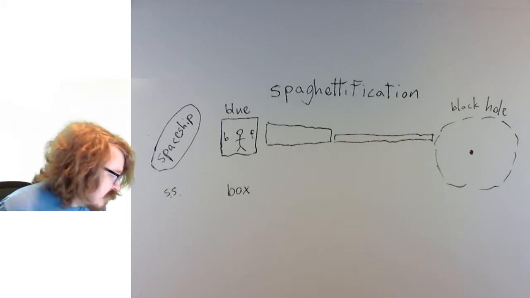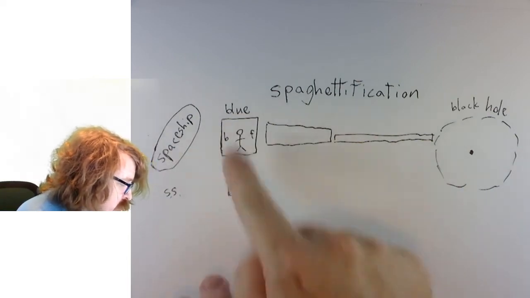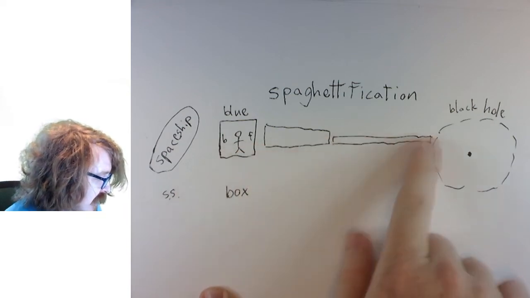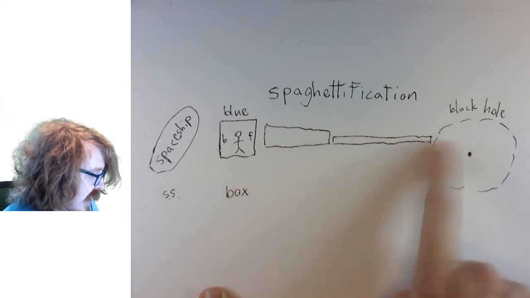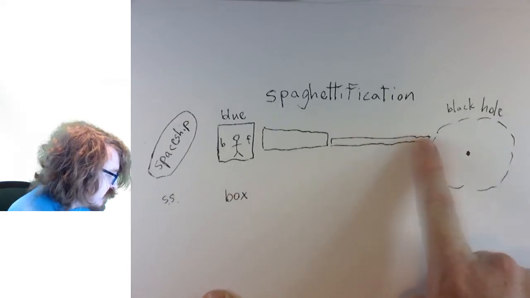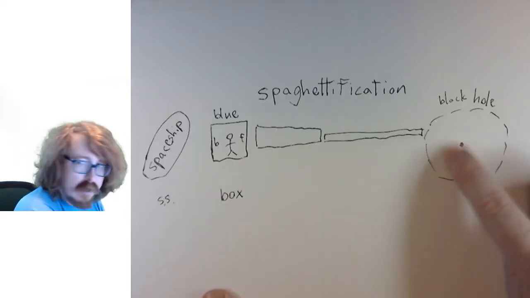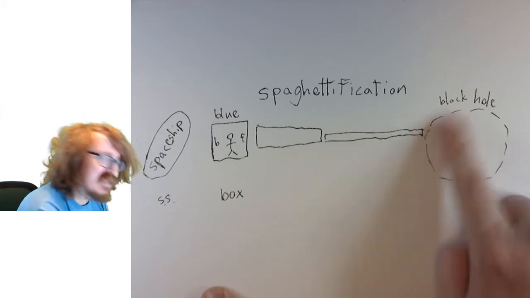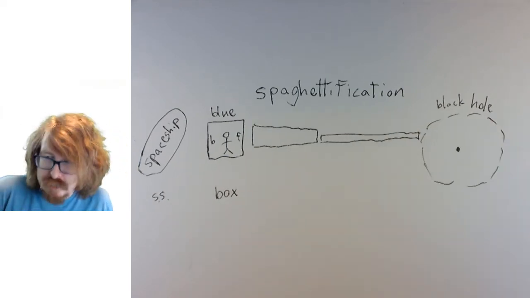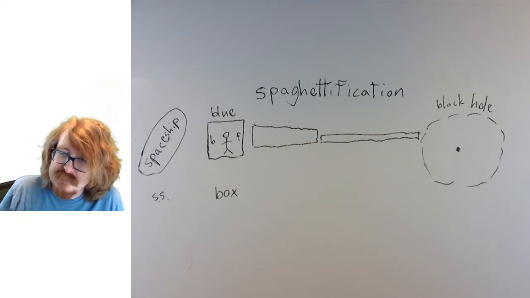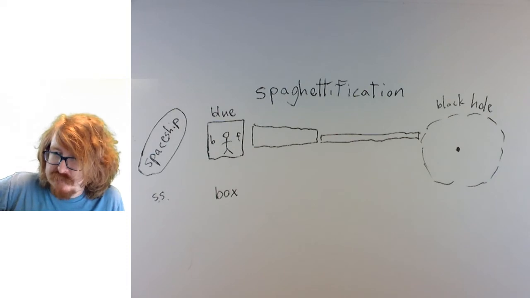Now check this out, though. That means from our point of view, this box slowly turns into spaghetti. Its time slows down, and it gradually turns invisible. And then that spaghetti would just get slurped into the black hole and freeze in time. Frozen in time, literally forever. That's the spaceship's point of view, okay?